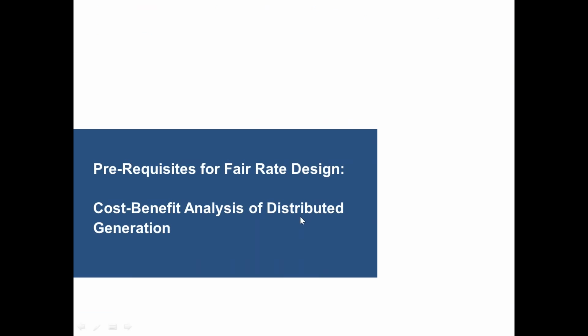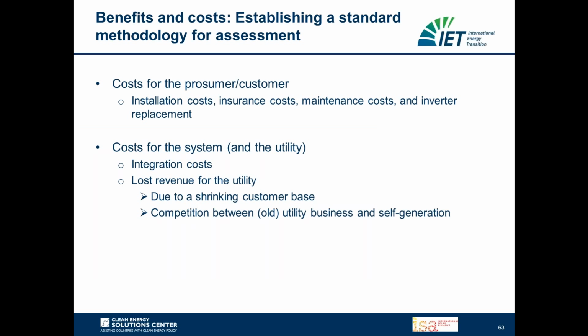In order to come up with a balanced and also fair rate design, it is very important for policymakers to understand the costs and the benefits of distributed generation. And in the last 30 minutes, but also in the previous session, we have primarily talked about the costs that may occur due to solar PV generation, because these are normally the most obvious. And here are some of the costs for the prosumer or customer by installing the solar PV system on their rooftop, etc. Then also the system integration cost, lost revenues for the utility,